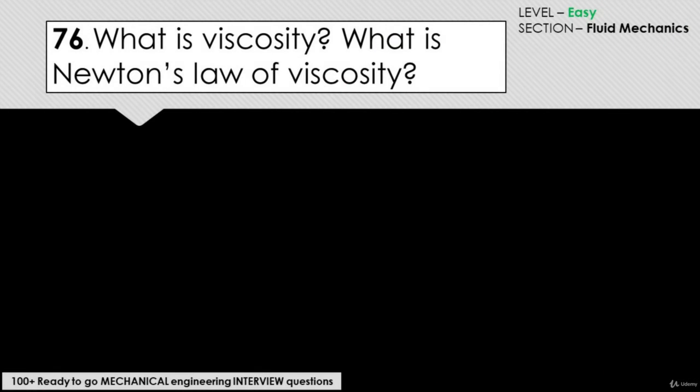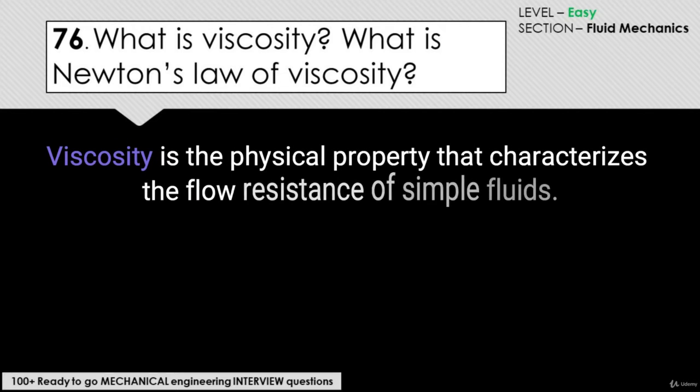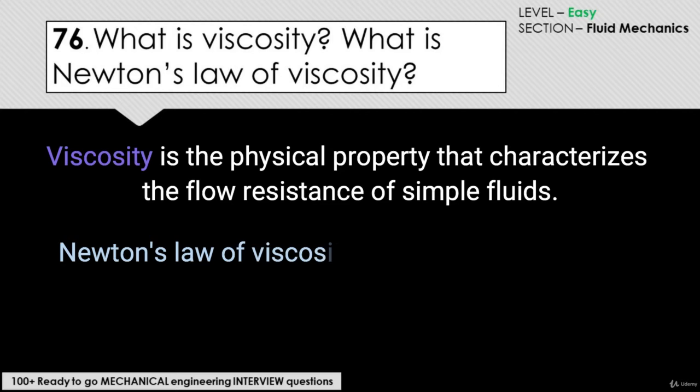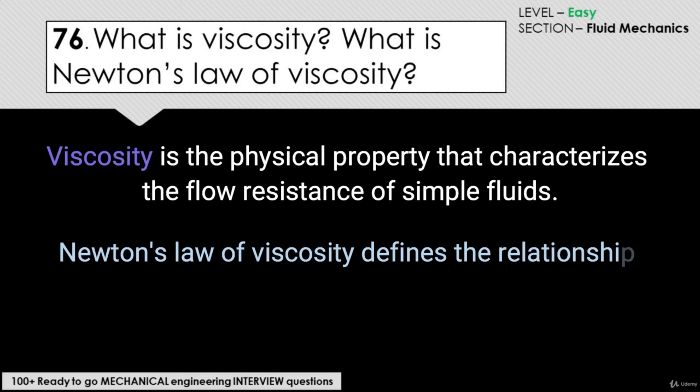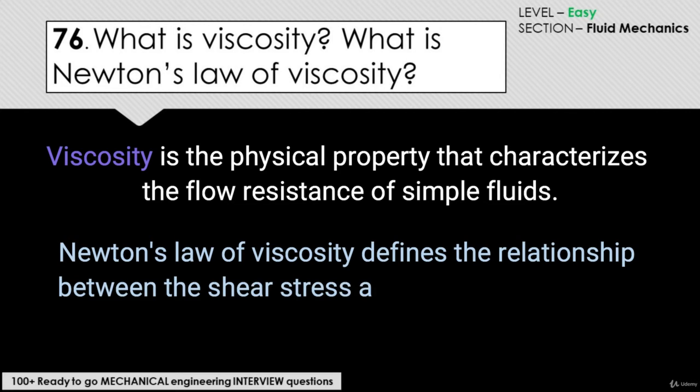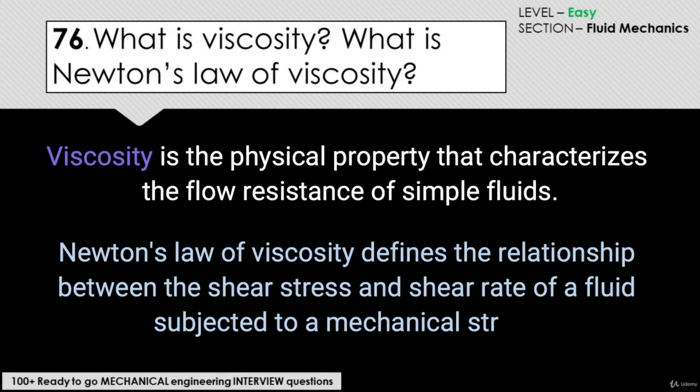What is viscosity? What is Newton's law of viscosity? Viscosity is the physical property that characterizes the flow resistance of simple fluids. Newton's law of viscosity defines the relationship between the shear stress and shear rate of a fluid subjected to a